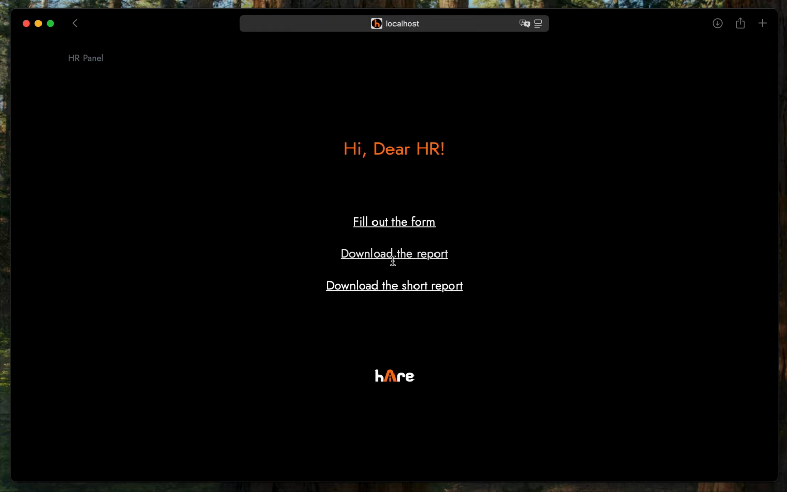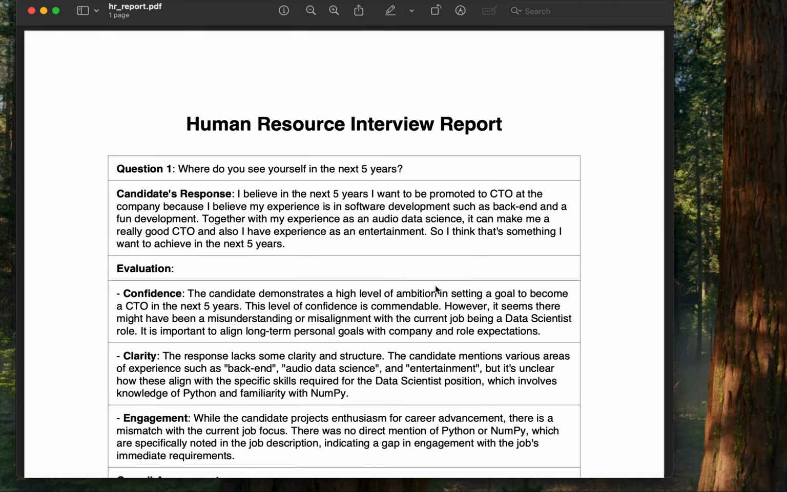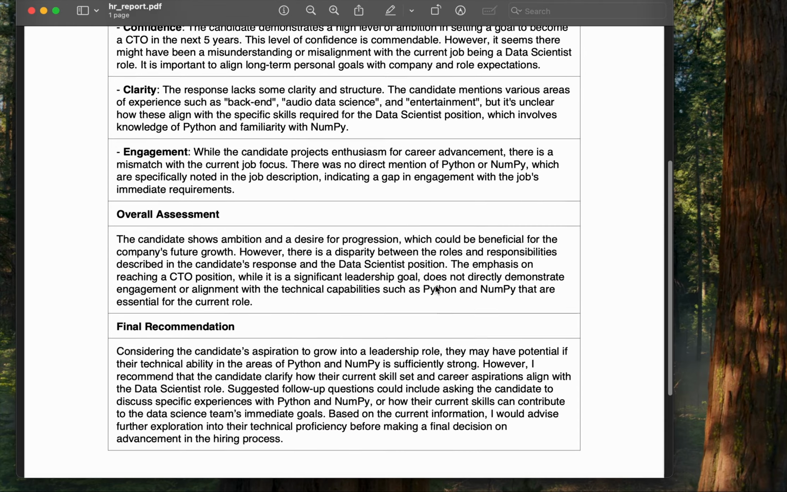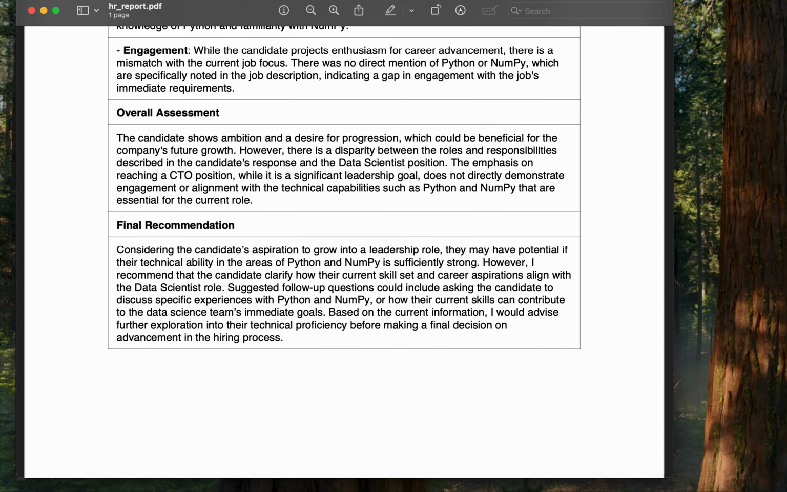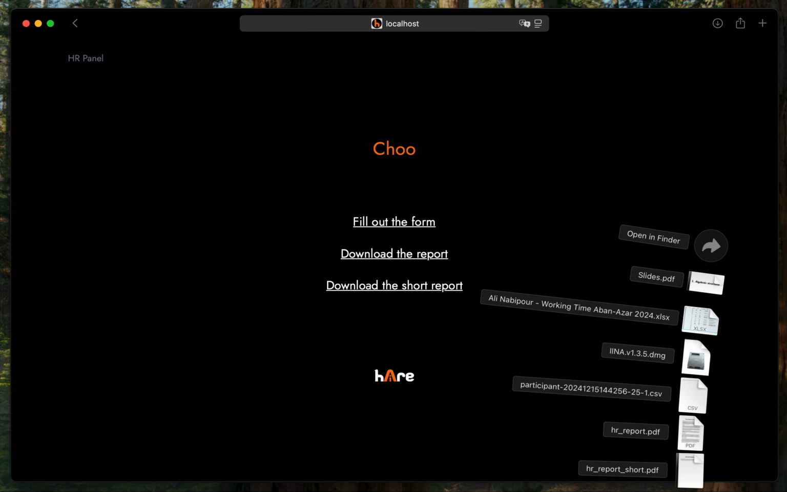So if we click on download the report, the HR can retrieve a report of the interview, so the question and the candidate response, the evaluation based on the metrics that HR provided us, an overall assessment, and also the final recommendation. And we also have another thing, the short report, which is the graphical representation